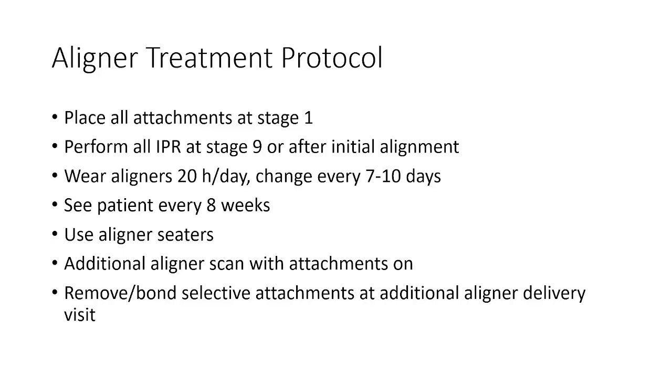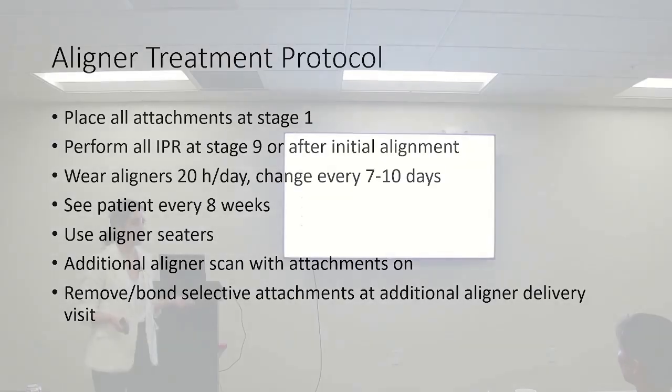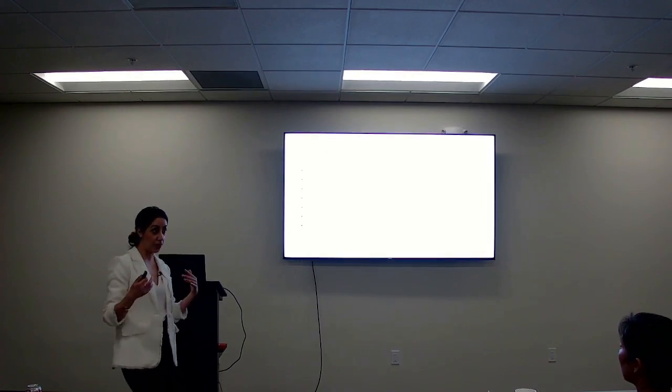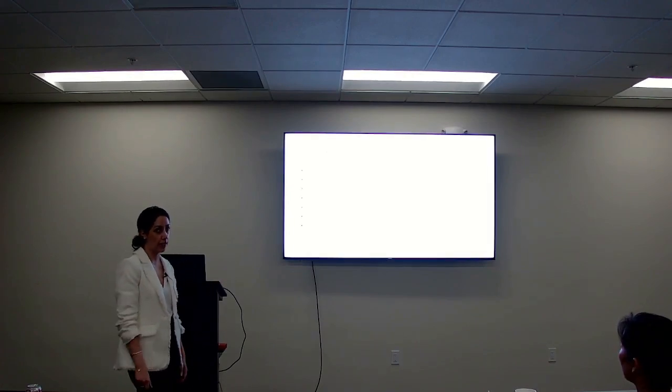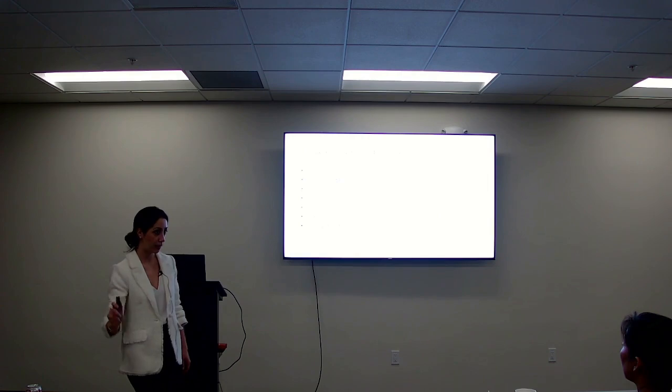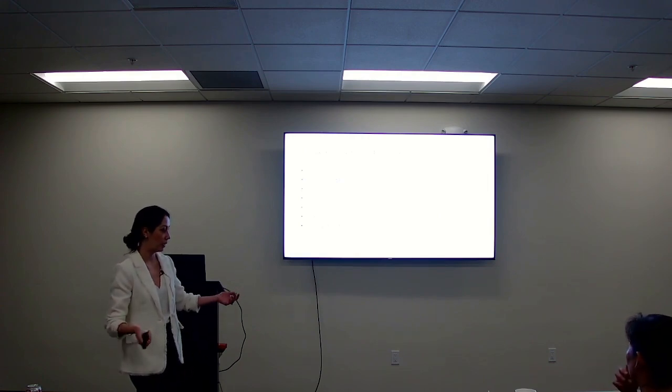Why is there a range? Well, if at day 7 you feel like your aligners are still active, there's still movement built in, and you're not ready to move on, wear them for an extra 3 days. I don't really want them changing them every 2 weeks because teeth need continuous forces, and you've got to keep that momentum going. If you give too much of a break,